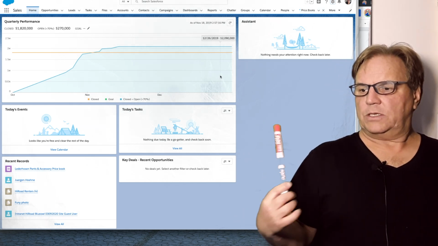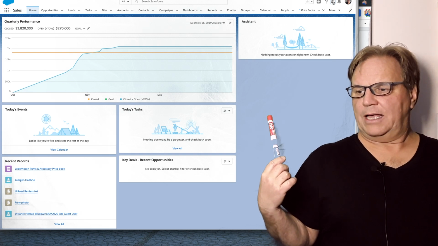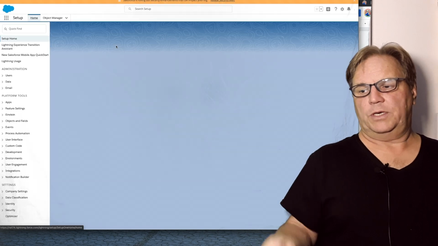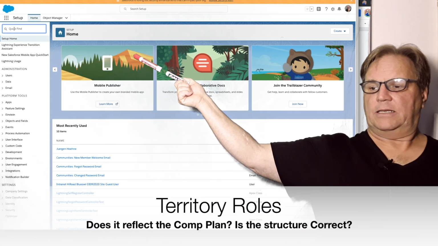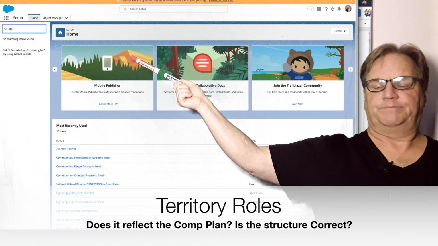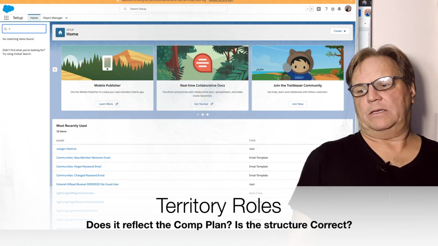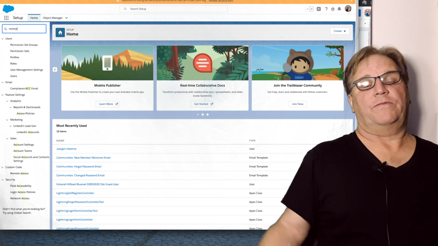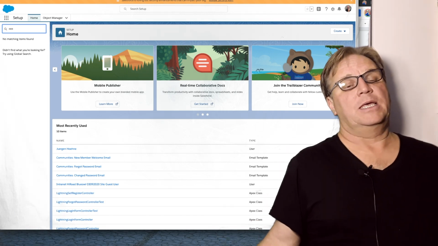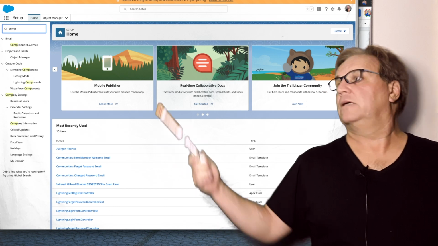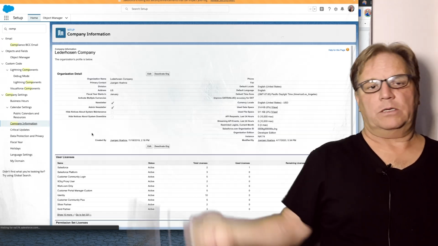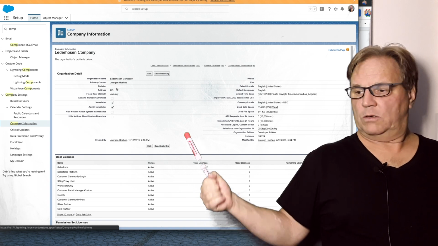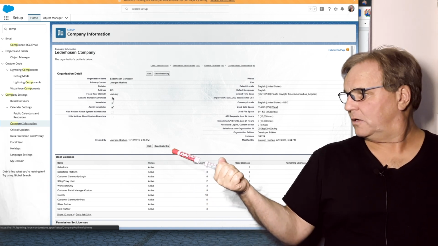So let's look at my dev org. I have it here in Lightning. You go to setup. You go here to the setup tab over here, right? And then you type in, what do you want to type in? Oh, here we go. First off, do you have multi-currency enabled? That is in company, and it's only enabled in Chrome. So you go here, you can check it, right? It's a simple checkbox right here,